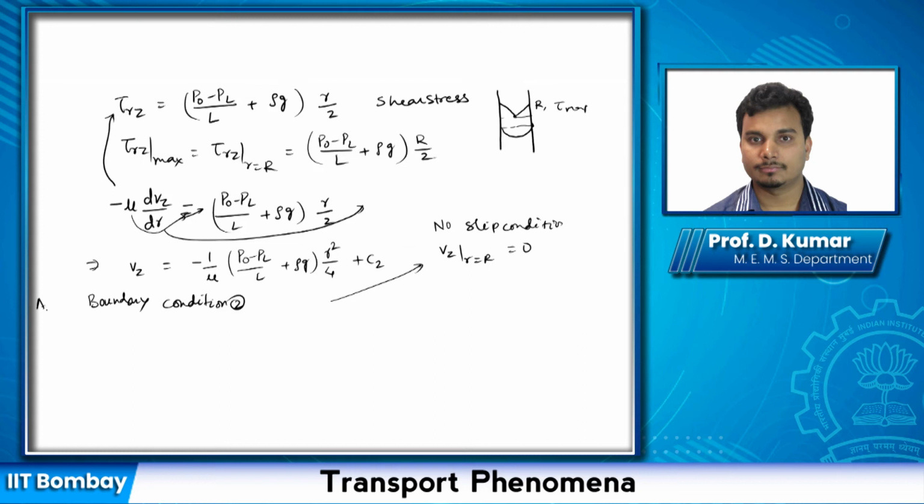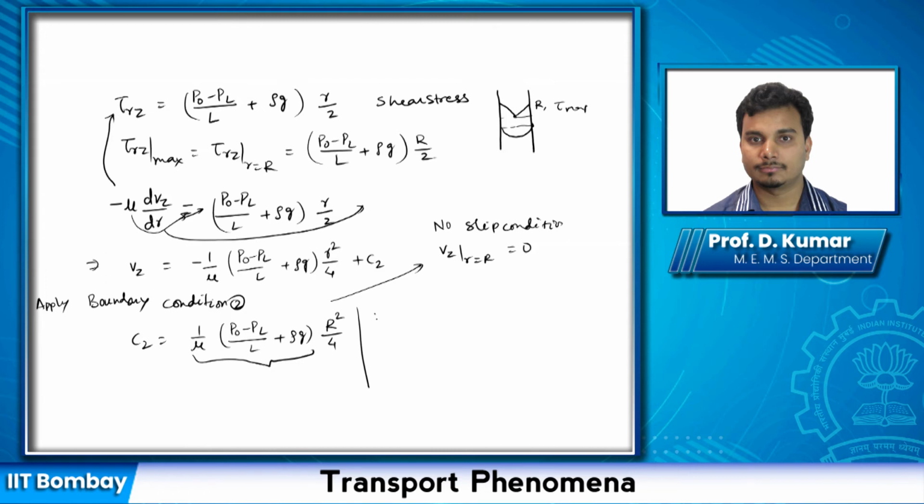If you apply this boundary condition 2, then Vz at r equals R will become 0. So your C2 will be just this number times minus 1. So that will become 1 by mu, (P naught minus PL) by L plus rho g, times capital R squared by 4. Once you have that, you can substitute C2 here, and you can easily see that this term is